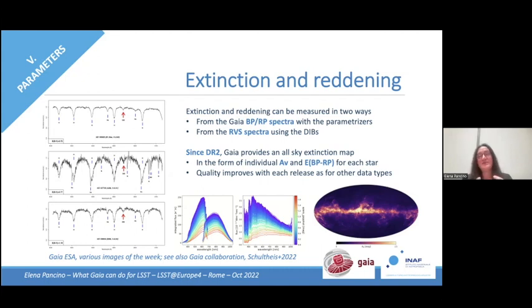And these maps compare very well with the 3D maps available in the literature. I mean, the main disagreements with maps such as Green, Lallement, and the other 3D reddening maps are in individual regions of space or for individual sources. This is because Gaia doesn't go into the infrared and doesn't go into the ultraviolet, so we only see the optical part of it. But still the numbers compare relatively well with these surveys and can be used. And with each release, of course, they improve.